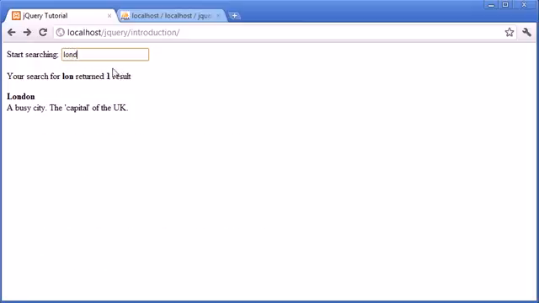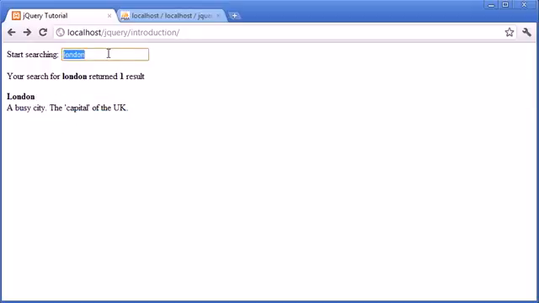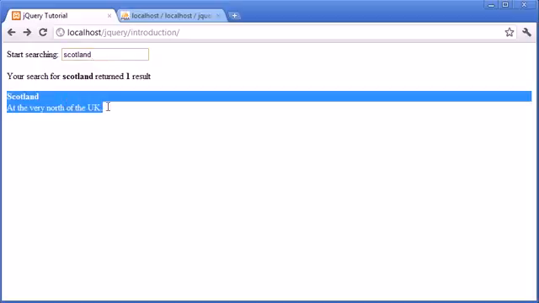When we start to filter this down, you can see that not only is the search that we're typing in updating, but the results filter down as well. So I guess you could implement this in some kind of filter system once you've performed a search. But otherwise, if we search for something, for example Scotland, you'll see we return a